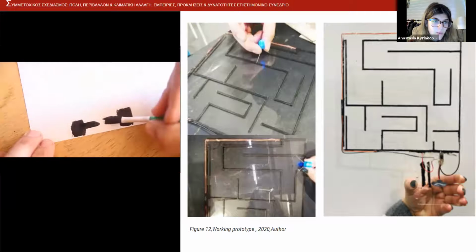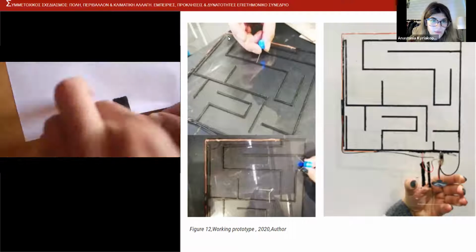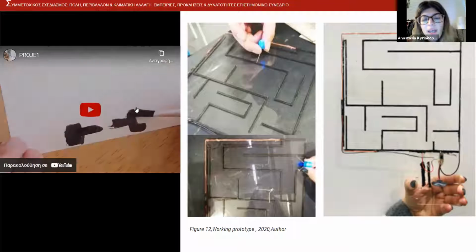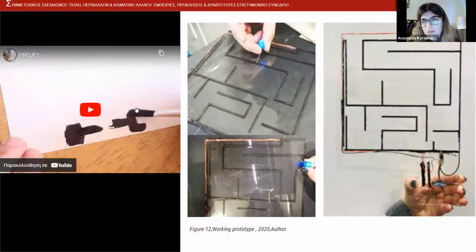With this one, where the video is playing right now, we created a board that has a conductive pane which allows light to create light, and in that piece of plexiglass we created some paths in a public space, and with the light we create a game with